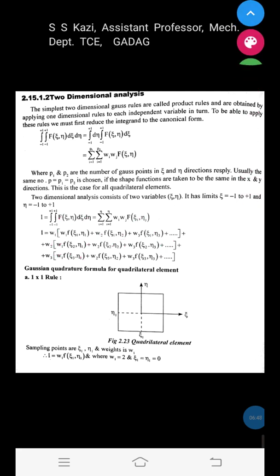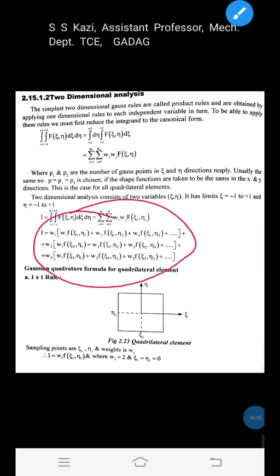This is how, depending on the Gauss points, we can write